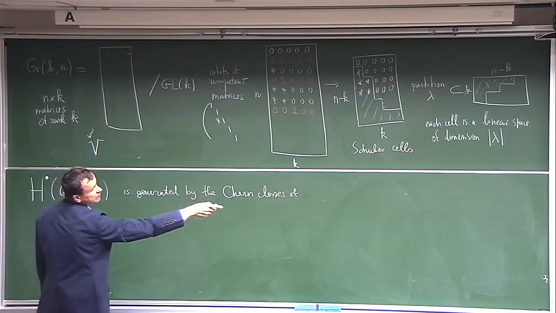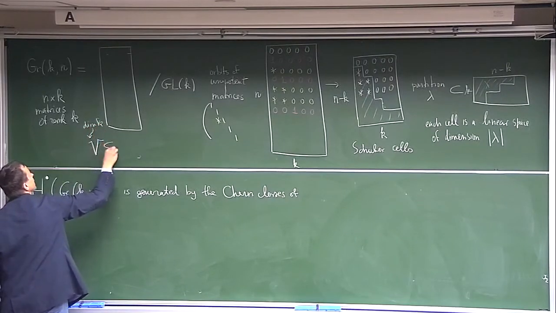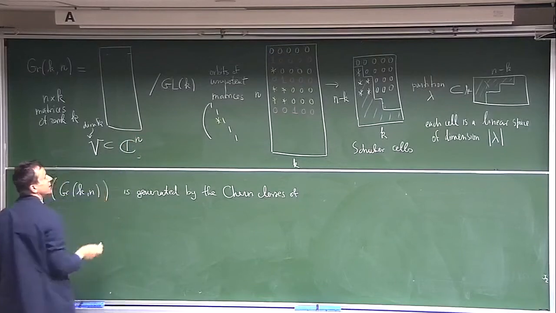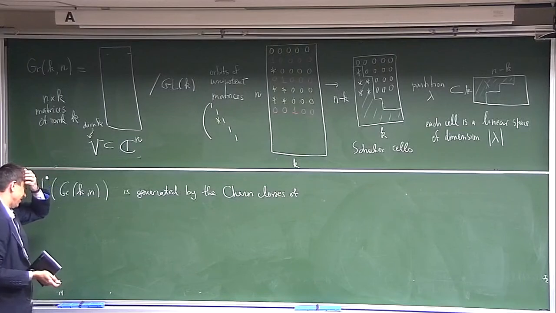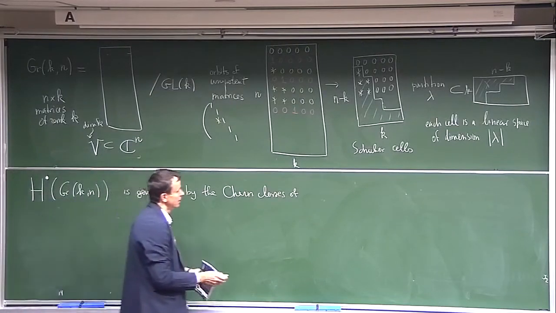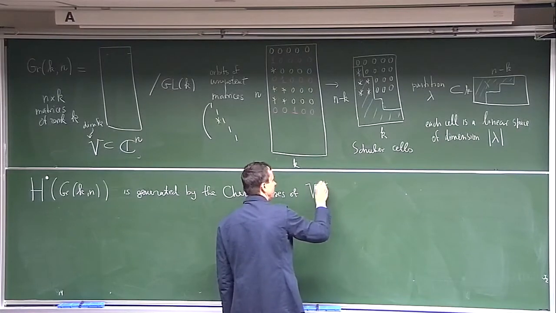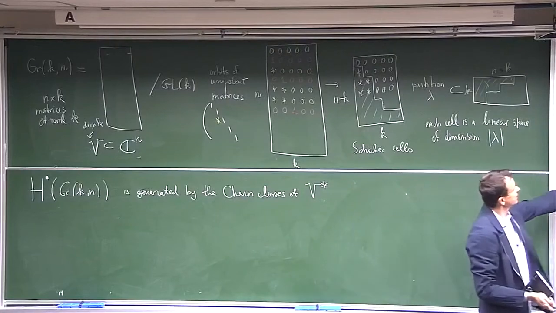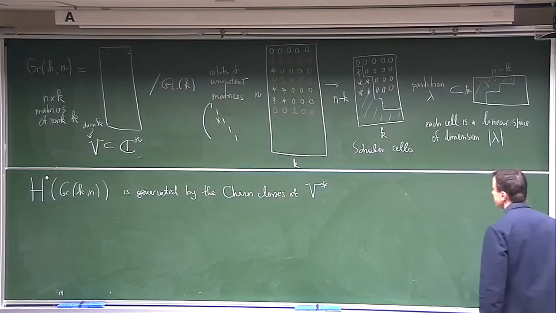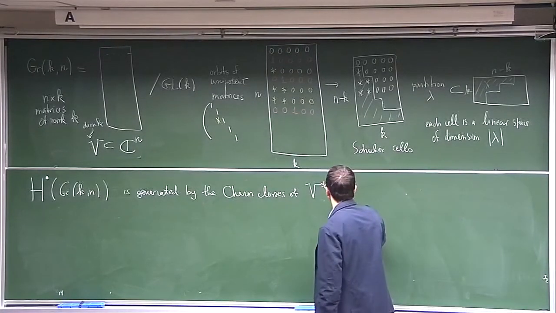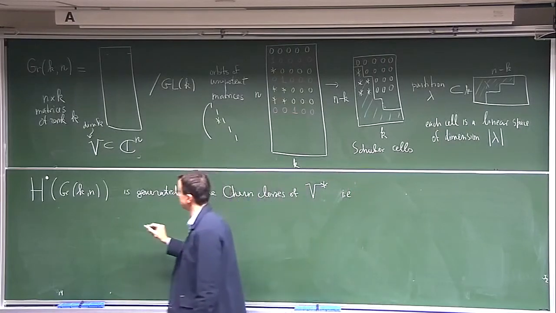I denoted previously L there for projective space. So V_k inside C^n is the tautological rank k vector bundle. We take the Chern classes of V. In fact, better to take V dual, because by the same reason, it's better to take the first Chern class of O(1) than O(minus 1). That is, there's a surjection